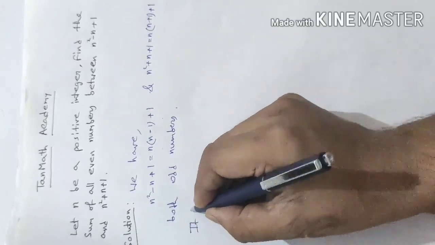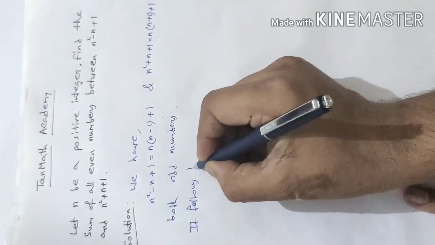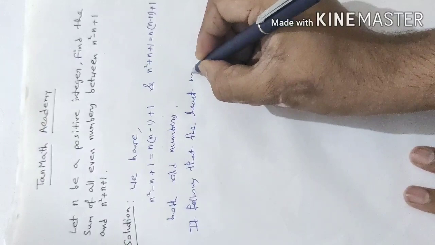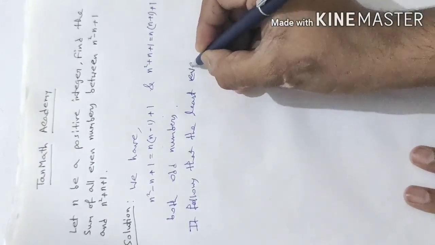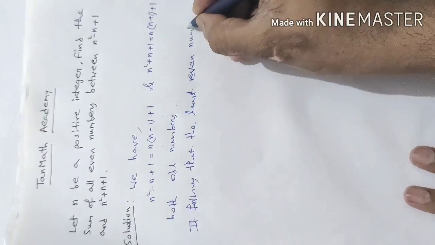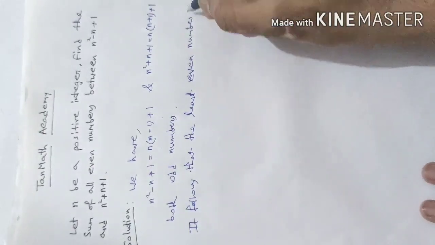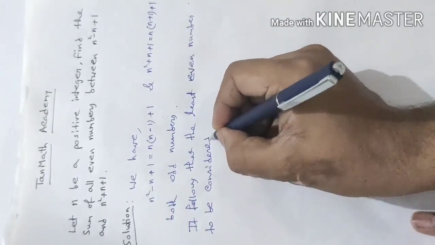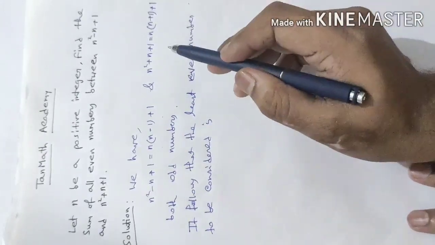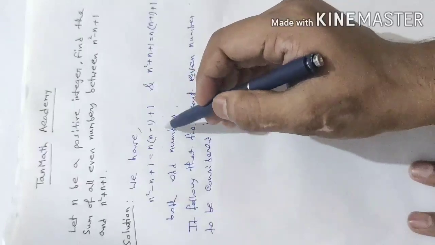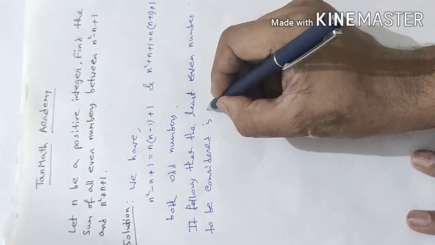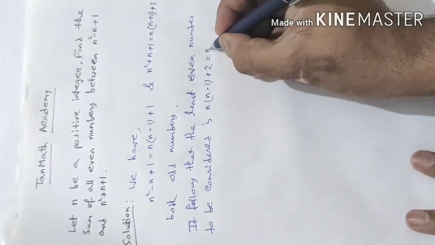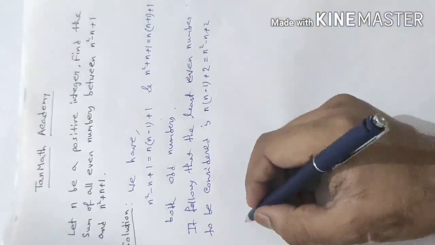So it follows that the least even number to be considered is what? তাহলে লিস্ট নাম্বার কি হবে যদি এটা অড হয় আর ন্যাচারালি এটা অড, তাহলে এর ঠিক পরের নাম্বারটা কি ইভেন নাম্বারস, দ্যাট ইজ n into n minus 1 plus 1 plus 1, that is 2, is equal to n square minus n plus 2,